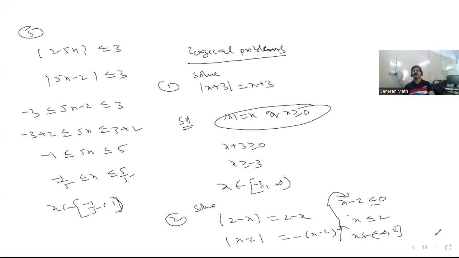Right, sir? We'll move on to the next page. Few problems I said. One is this. Third one is this one. Suppose mod x, mod 2x plus mod 3x, mod 4x, right? Plus so on. I'll go up to 2004